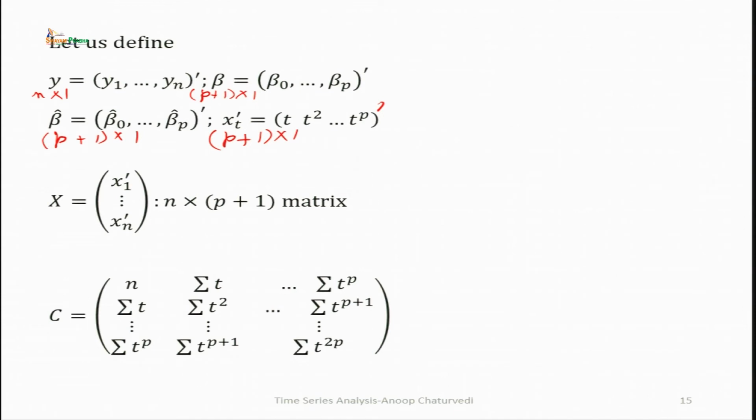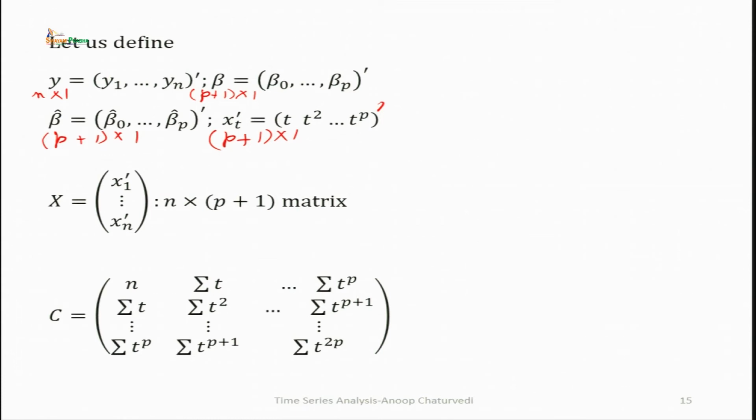Then we write X matrix as its first row is equal to x 1 transpose, second row is x 2 transpose, so on, nth row is x n transpose. So, this is an n cross p plus 1 matrix X,